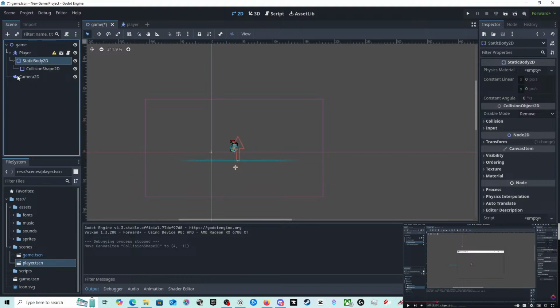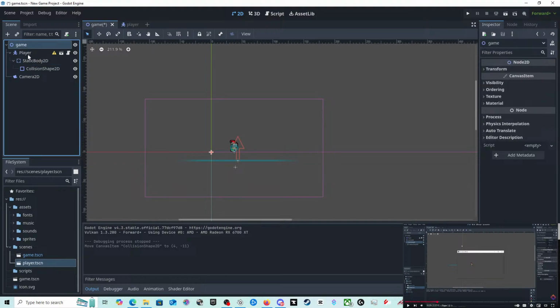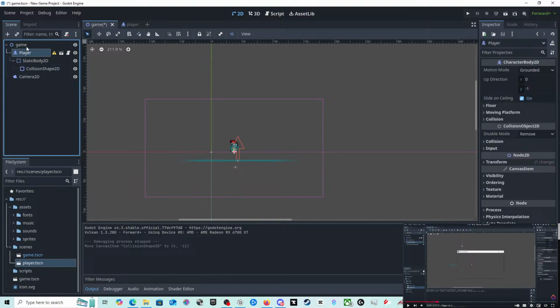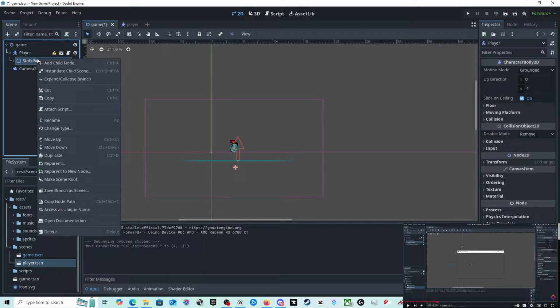Oh, I think what I've done here is I was meant to click on game, then add player. Because if you see scene thingies down here, they all go down and then branch off. Mine are all branching off each other. See what I mean? Is there no way to pull that out?